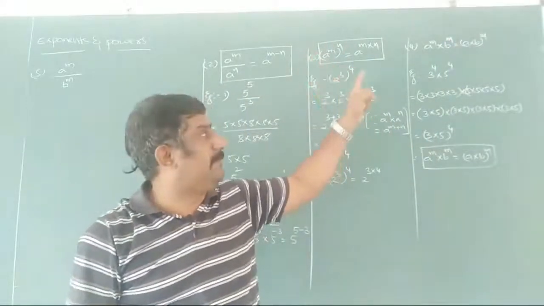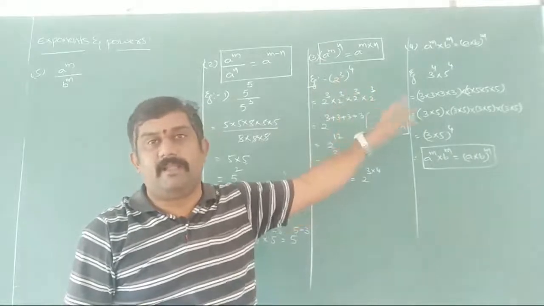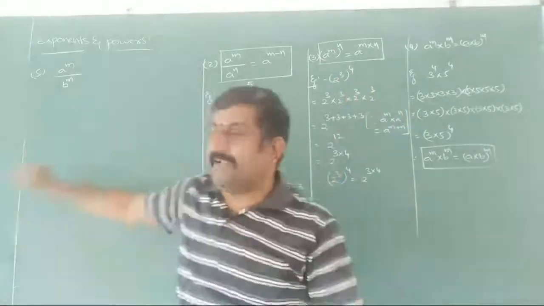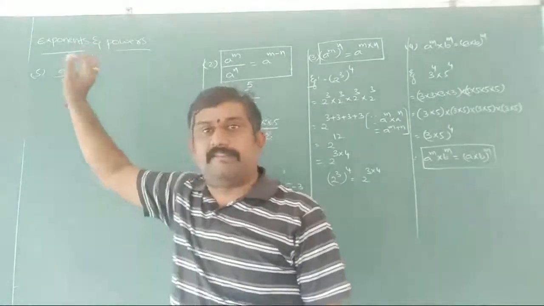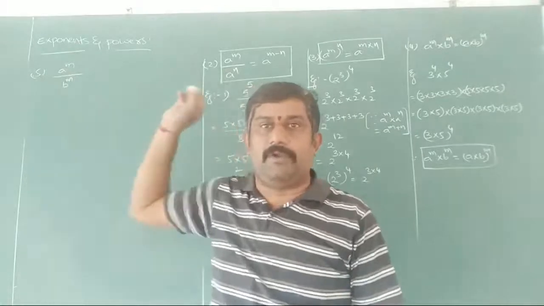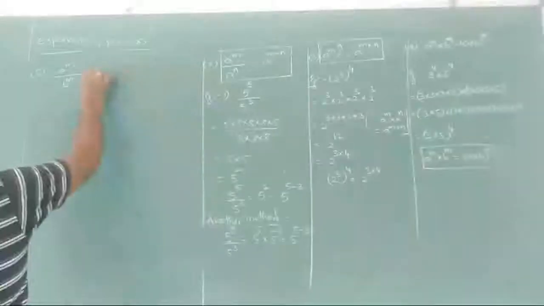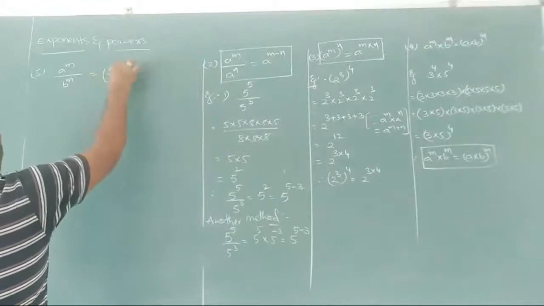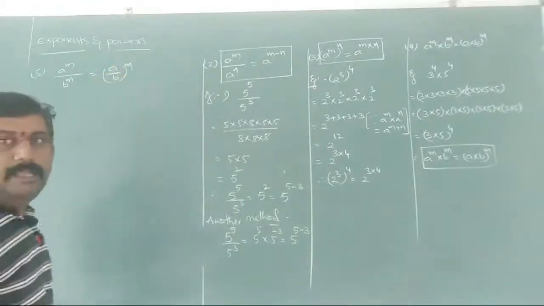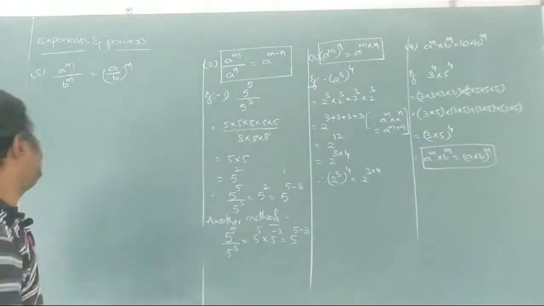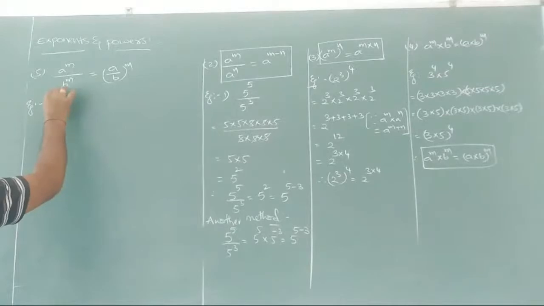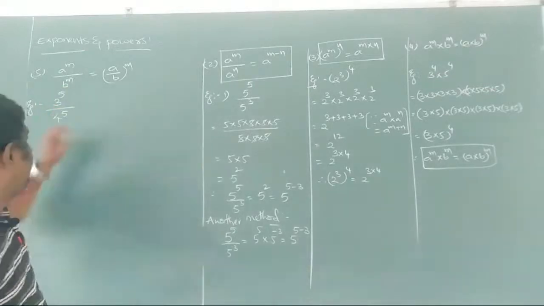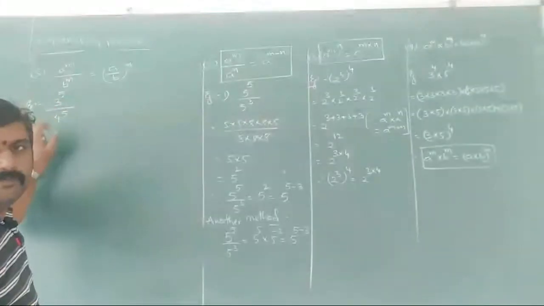That means whenever the powers are equal, bases are multiplied due to the product. Now what we have here, it's a division, but bases are different and exponents are same, m and m. So how we are going to write here? This can be written as a by b whole to the power of m we are writing here. Let me take an example for this. 3 to the power of 5 by 4 to the power of 5.